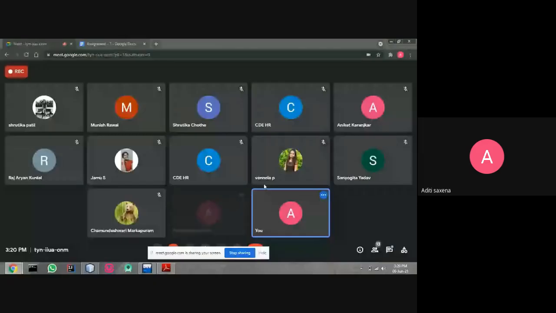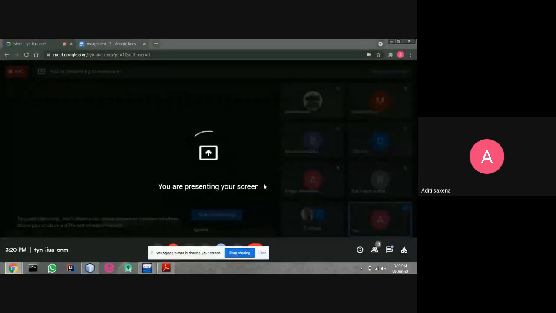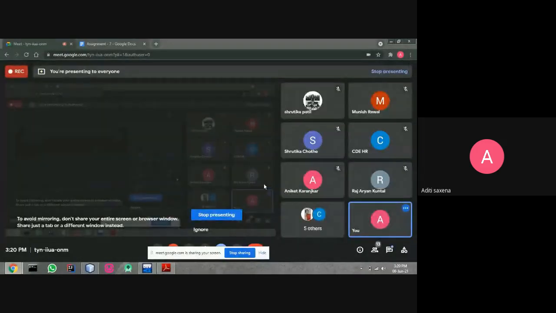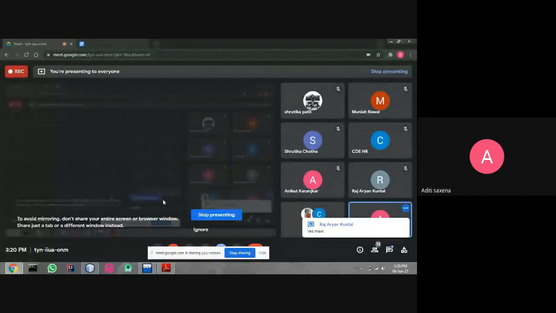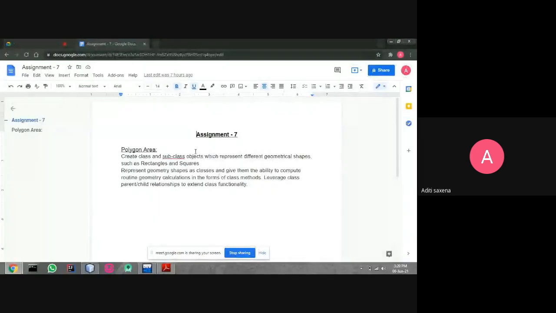I have some assignments for you to do tomorrow. My screen is visible. So this is the assignment. It is on the basis of classes. You have to create a class and subclass objects which represent different geometrical shapes.